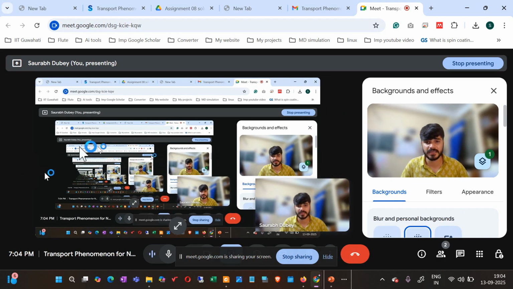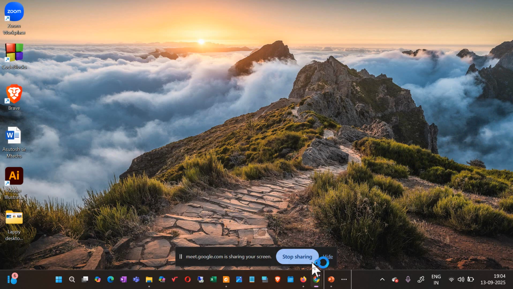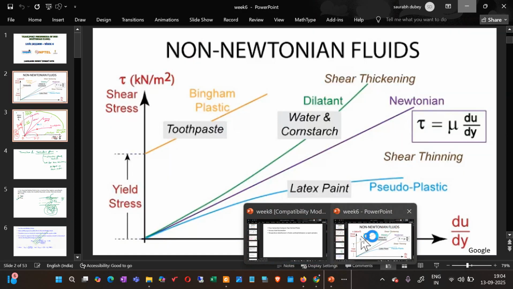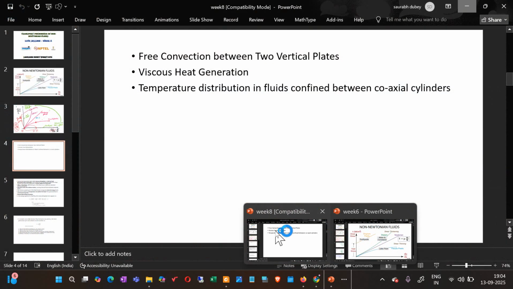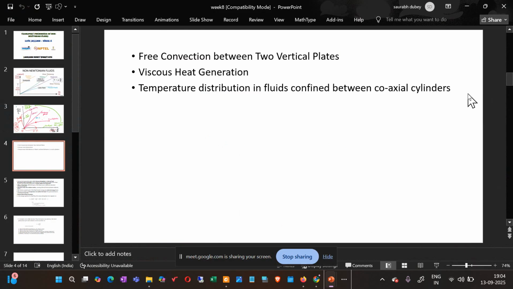So what I'm saying is, if you want to study this particular subject very well, it is very good practice to follow the book by Bird, Stewart, Lightfoot, and R.B. Chhabra's book on the rheology of non-Newtonian fluids, along with the course content that is being displayed. Most of the derivations are borrowed from there, along with some greater depth of explanation that is being provided to you, right? And